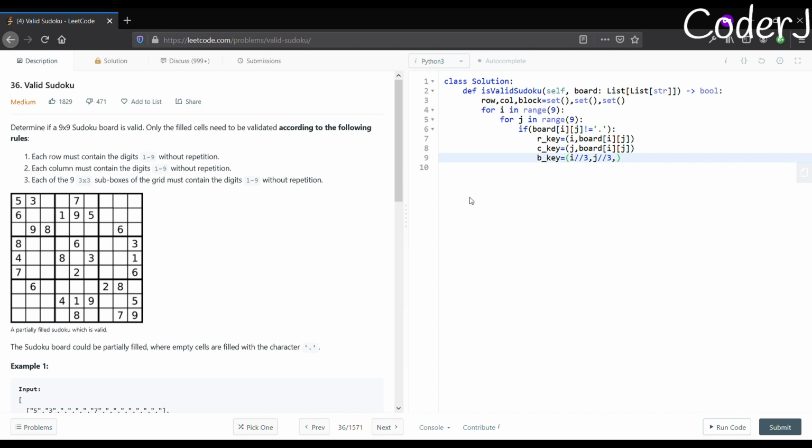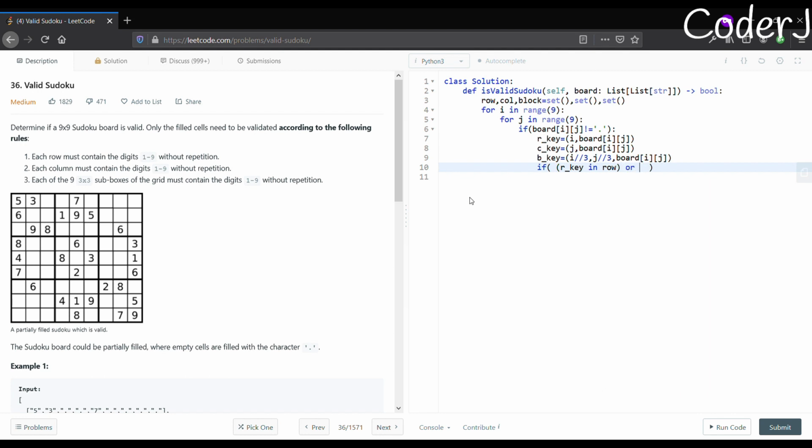So again I need the value, because the value is a must. Now let's check if that row key is already present in the row set, which means that for this particular row, this value has already been present.